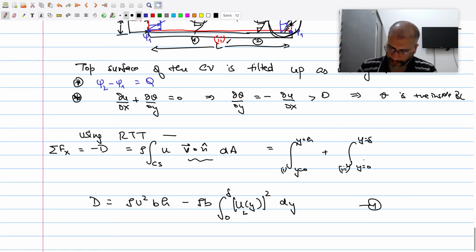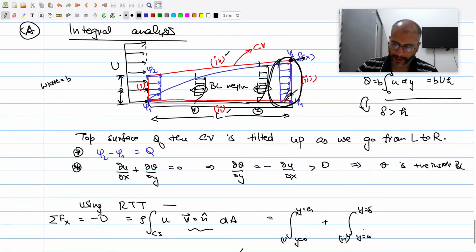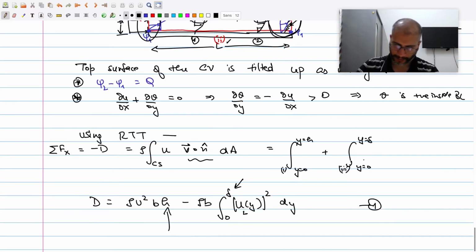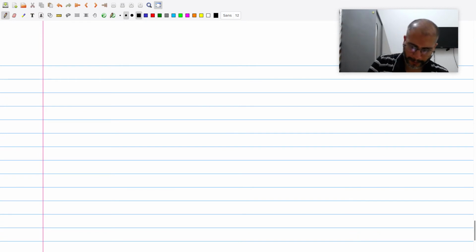There is something more we can do because there is some relation between this h and this delta. Remember, h and delta are related through the idea of this streamline, the top streamline here. Okay, we had started with the delta size in the right wall and we had traced back the streamline and we got this height h. Okay, so there should be some relation, and of course the relation is there from the volume conservation. So I'll say h and delta at L are related.